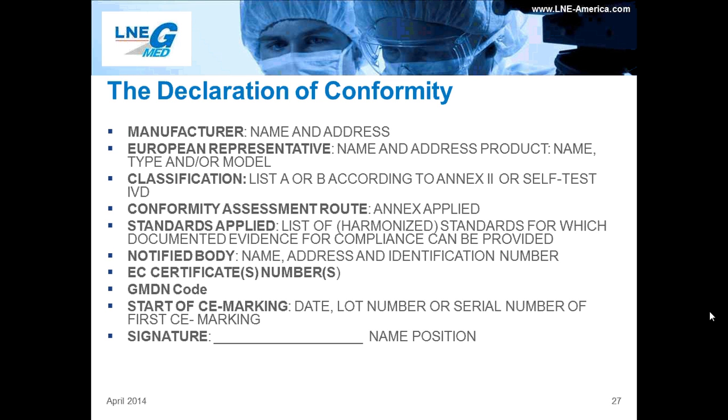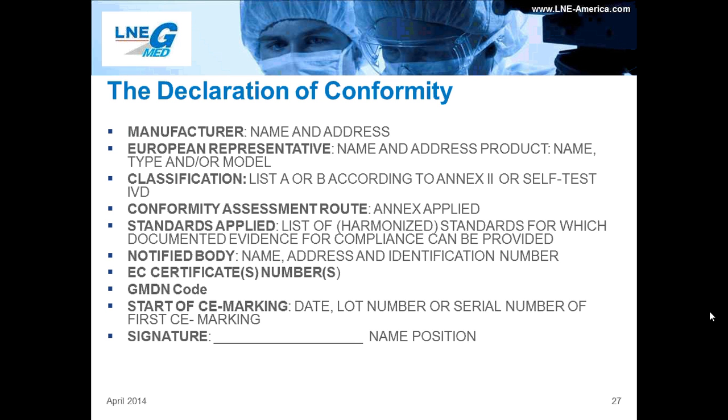The Declaration of Conformity should contain the following information: manufacturing name and address, the name and address of the European representative, your product information, the name, the type, and or model, the classification of the product, list A or B according to Annex 2 or self-test IVD, conformity assessment route, the annex applied, a list of harmonized standards for which the documented evidence for compliance can be provided, notified body information, name, address, and identification number,